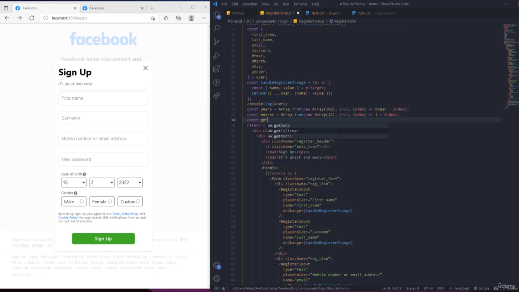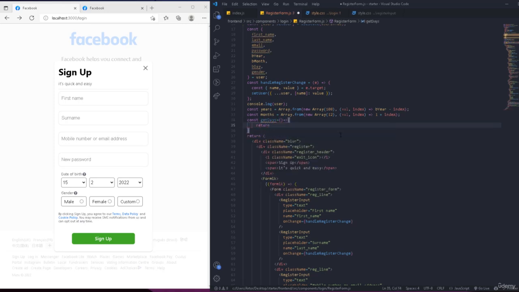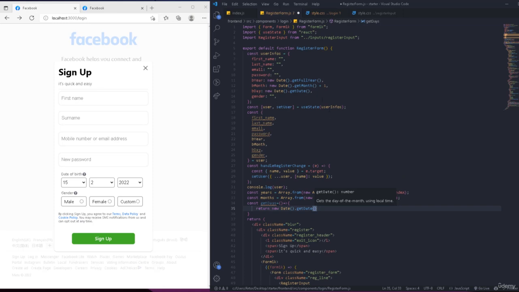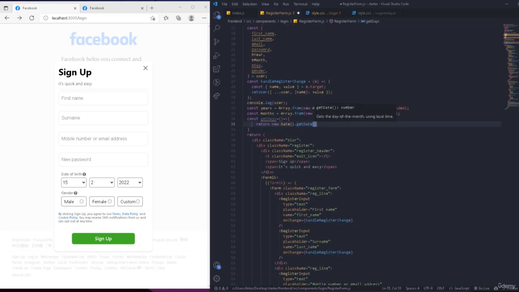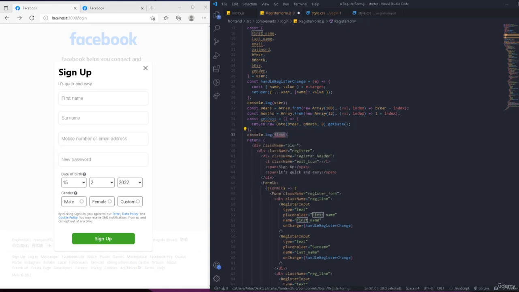So const getDays, and this function simply is going to return a number of days. And the way we're going to do it is just new Date, and then .getDate. This is the way we use to get the number of days. But this time we're going to pass right here the year, and also we're going to pass the month, and for the number of the days we're going to pass 0. This way it's going to fill it automatically and get us back the number of the days for this year and this month. So if we console log the return we're going to get from this function,